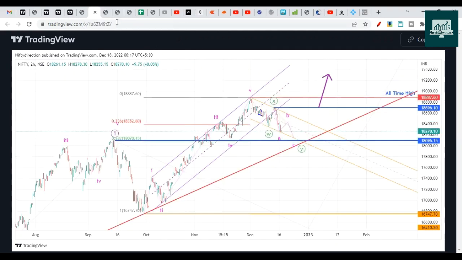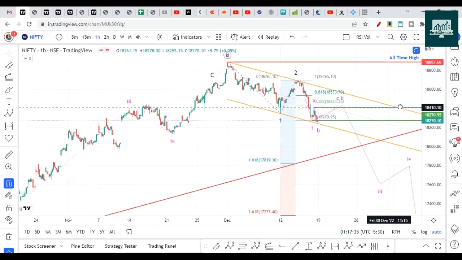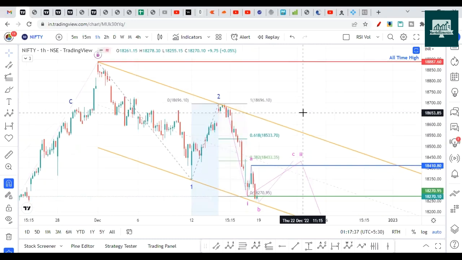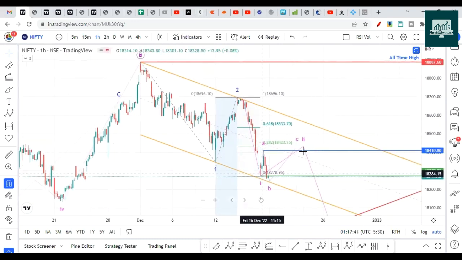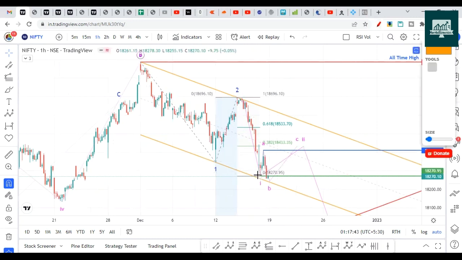So my temporary market view is negative. As I expected and said, we should be looking for a more bearish approach. So what is going to happen in the next session? Let's discuss the next session as well. Here we see a 1-2 pattern, and this can be again a 1-2 pattern. Here A wave is completed and B wave has broken below 18,270. So this can be an expanded flat correction.